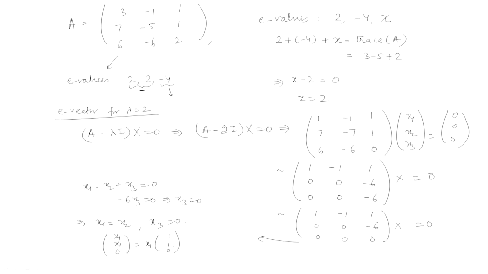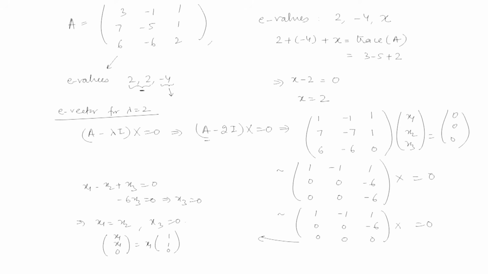You take any one linearly independent eigenvector, which is 1 1 0. So, it is only one; that is, the geometric multiplicity corresponding to lambda equal to 2 is 1. It should be 2 for diagonalizability. So, we can say that this matrix A is not diagonalizable. So, how can we check?